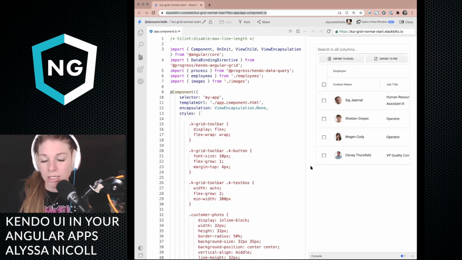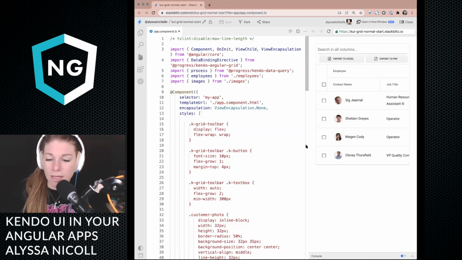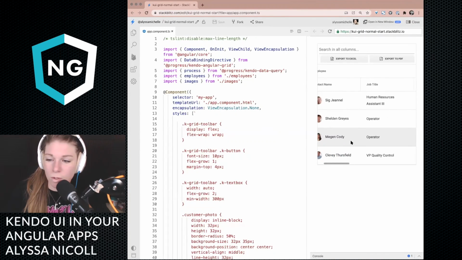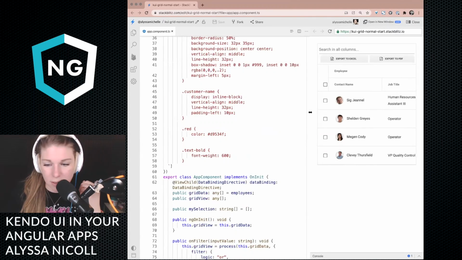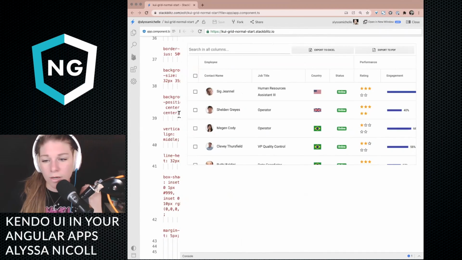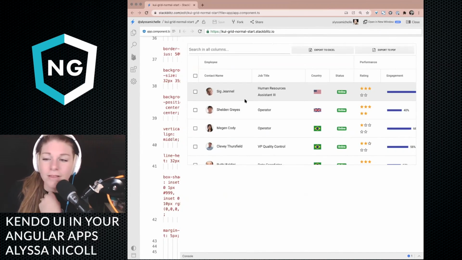So here's the grid. She is one of our most popular components. And I can probably make this a little bit bigger so that we can see a little bit more. I'll actually just close out the code right now so we can look at the grid in all her glory. So yes, lots of features. We'll touch on a few during our remaining time during the workshop, but check out the grid docs for all of the juicy details. It's just super incredible.